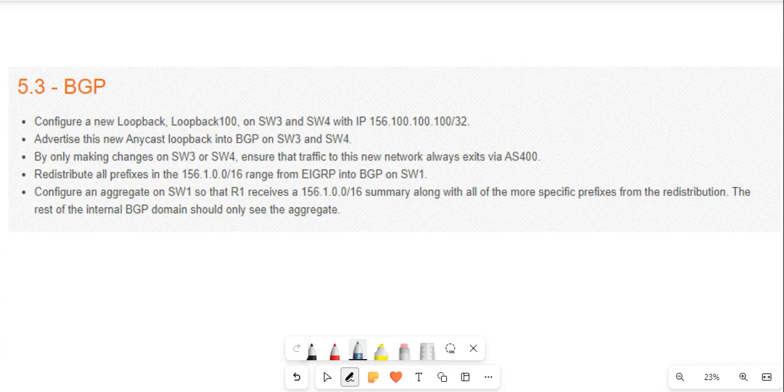Hello everyone, this is INE Foundation Lab 2, section 5.3 BGP. Okay, before I conclude this section, let me explain the BGP concepts, and I will come back and configure this section. Okay, let me start